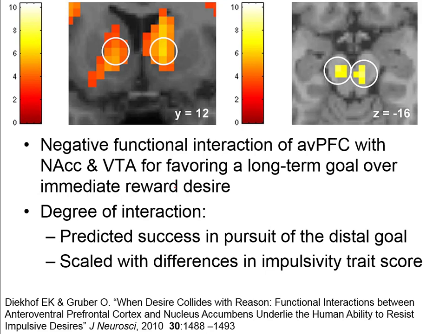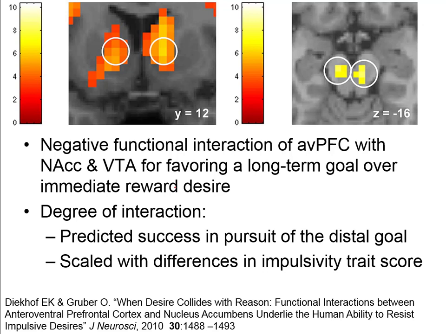Okay. So if you look at how these interact, there's a negative interaction between anterior ventral prefrontal cortex and what's going on in the accumbens and the VTA. So prefrontal cortex is helping you decide to defer things. The VTA and the accumbens are telling you, great, reward right now. So the degree of negative interaction, the more they two are able to go in opposite directions, the better individuals, this is a functional MR study, the better they were able to predict success in waiting for a distant goal, okay, deferring immediate gratification, and they also turned out to scale with a measure of impulsivity on a trait scale,